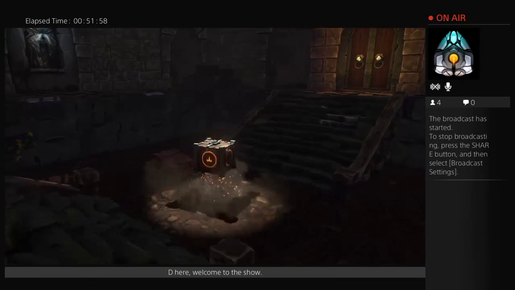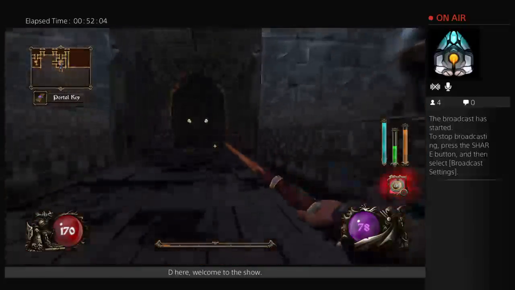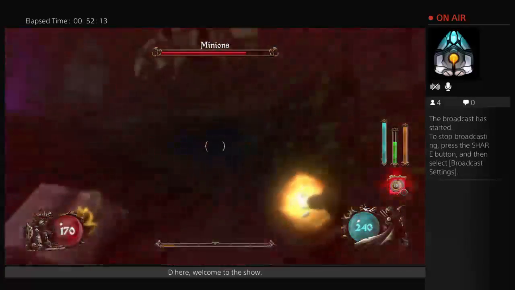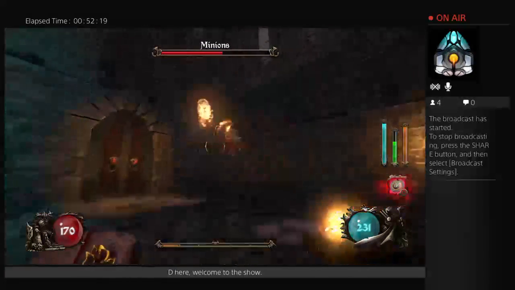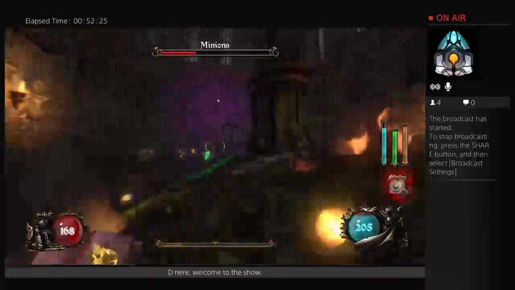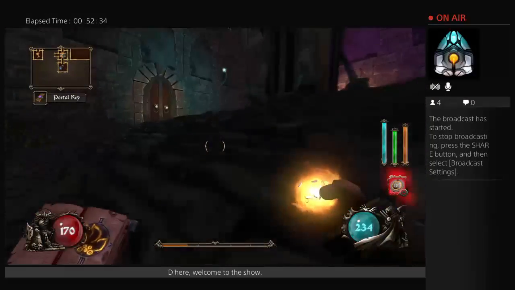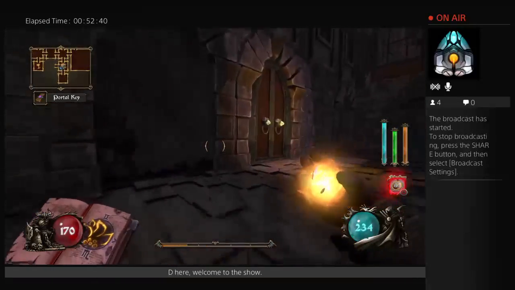Surprise box. Probably a trap. It's not a trap. It's also not in use because I'm at full health. Excuse me. There we go. I wonder if those health potions are still there. Probably not. Nope. I didn't expect them to be, but...